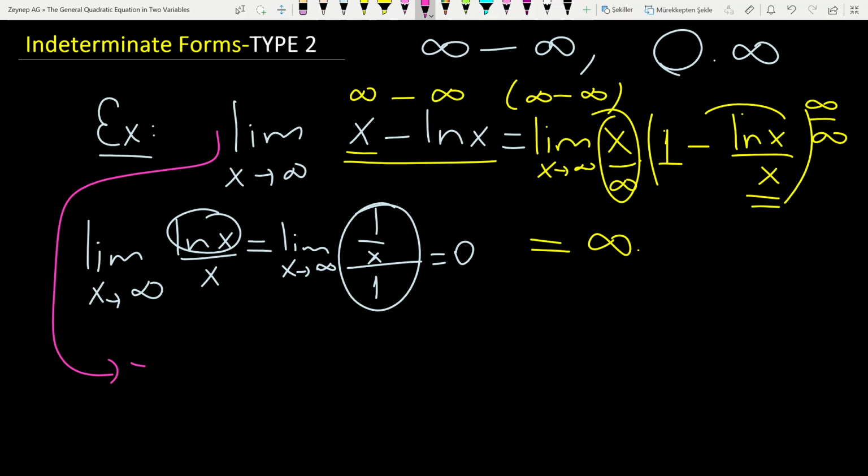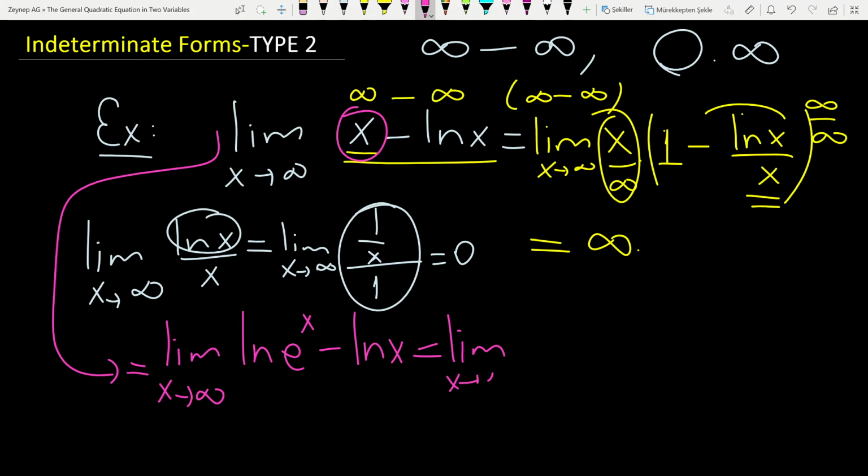This expression, you may say that this expression is equal to, instead of x, it's possible to write ln e to the power x, right? Using the properties of the ln function. Ln e to the power x is x times ln e. Ln e is equal to 1, so x times 1, which is x, minus the second term itself, ln x, right? So using the properties of ln again,